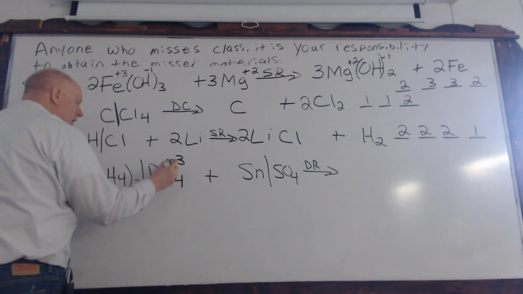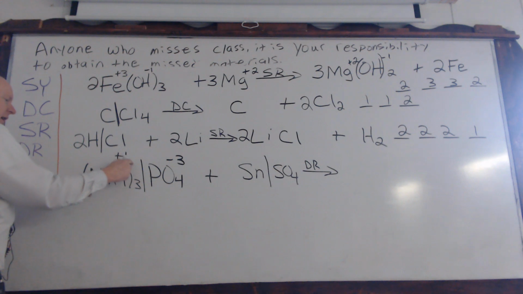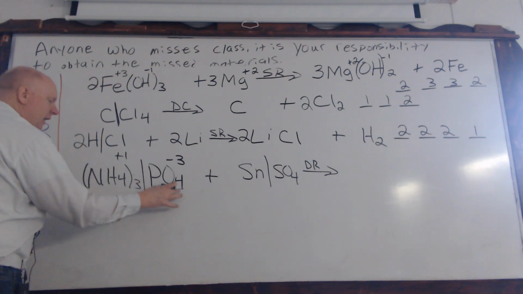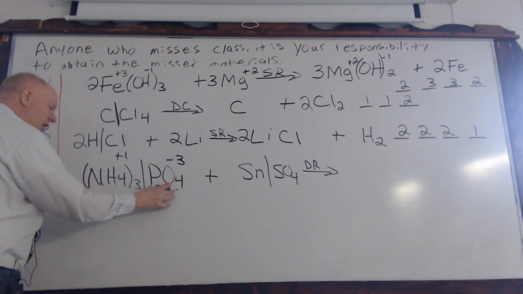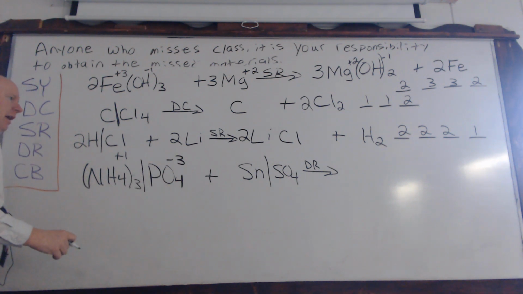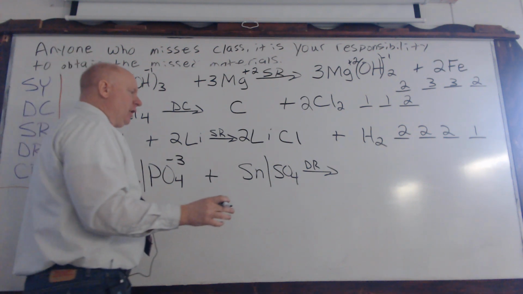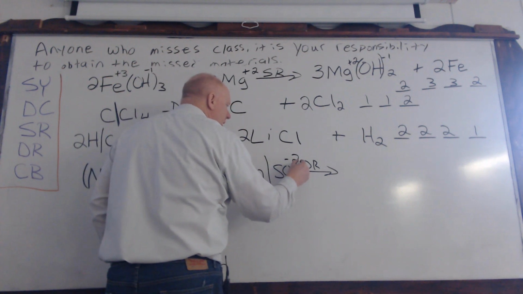Okay? The ammonium ion. So +1 times 3 is +3. And each phosphate has a charge of -3, and we've got 1 of them. Okay? Sulfate has a charge of negative what? And